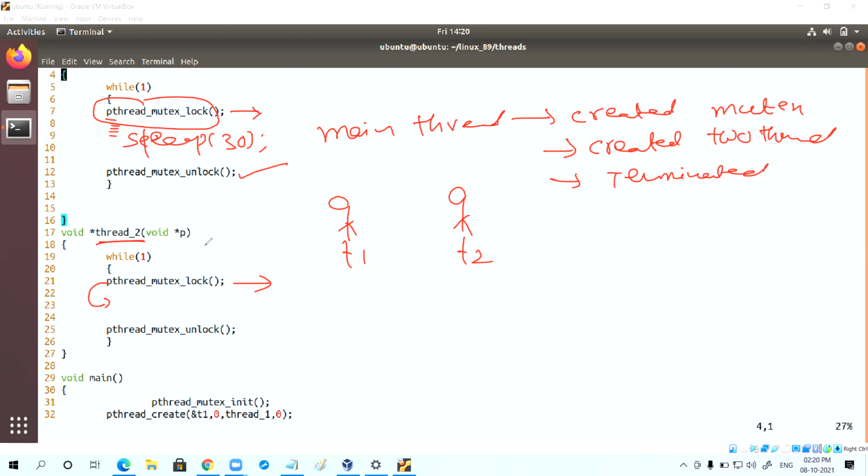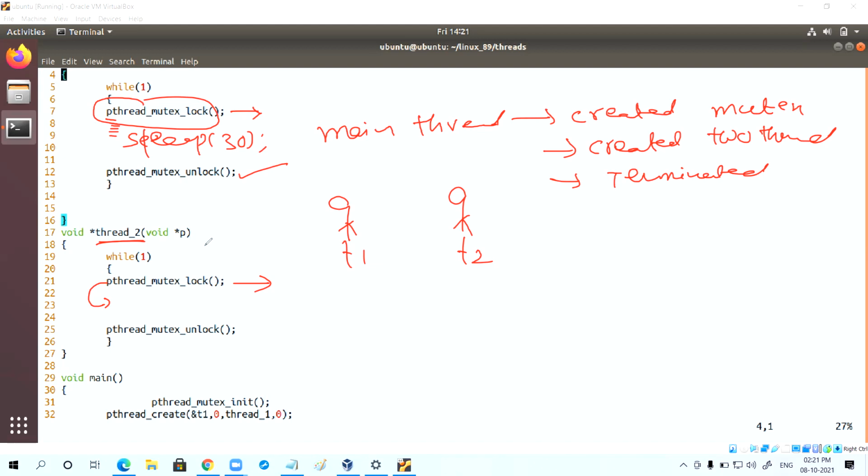So this is the mechanism of mutex. This method is used to synchronize between two threads when they are trying to access the common resource.